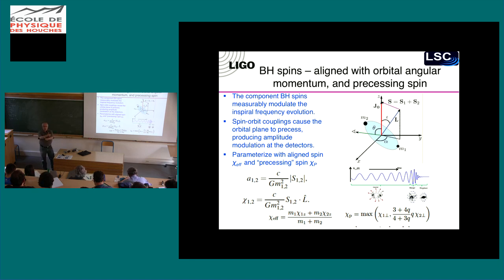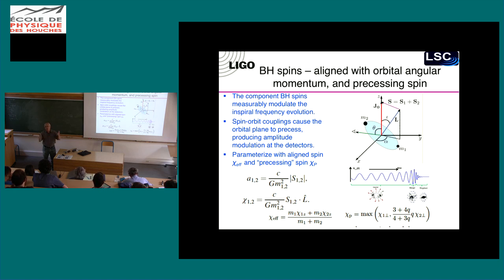When these guys merge, if all the spins are aligned, then you could add up the orbital angular momentum and the spin angular momentum and get a number greater than 1 for the final merged black hole. That's no good. That's not a Kerr black hole because you got too much angular momentum. You got to get rid of that angular momentum, and the only way you can do that is by radiation of gravitational waves. And what that results in the dynamics is that